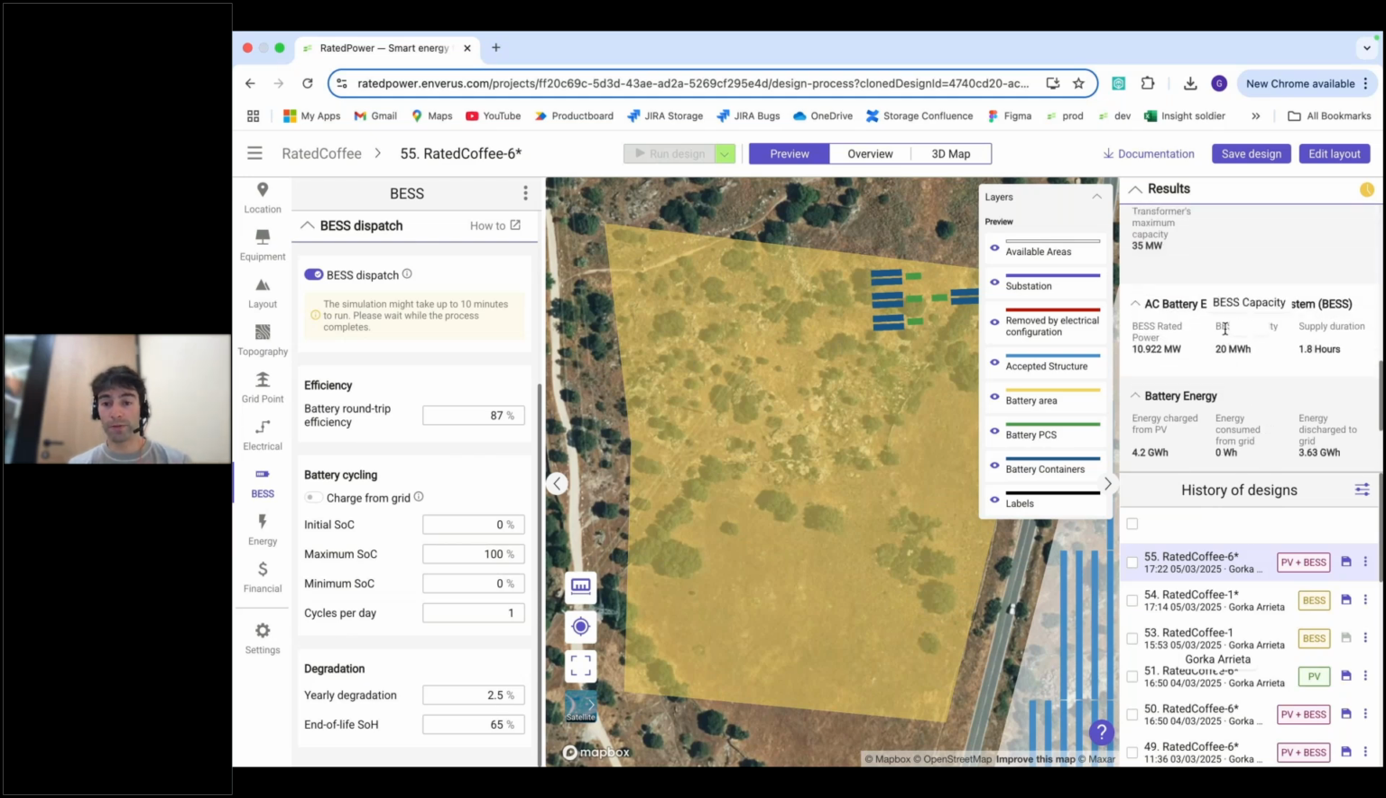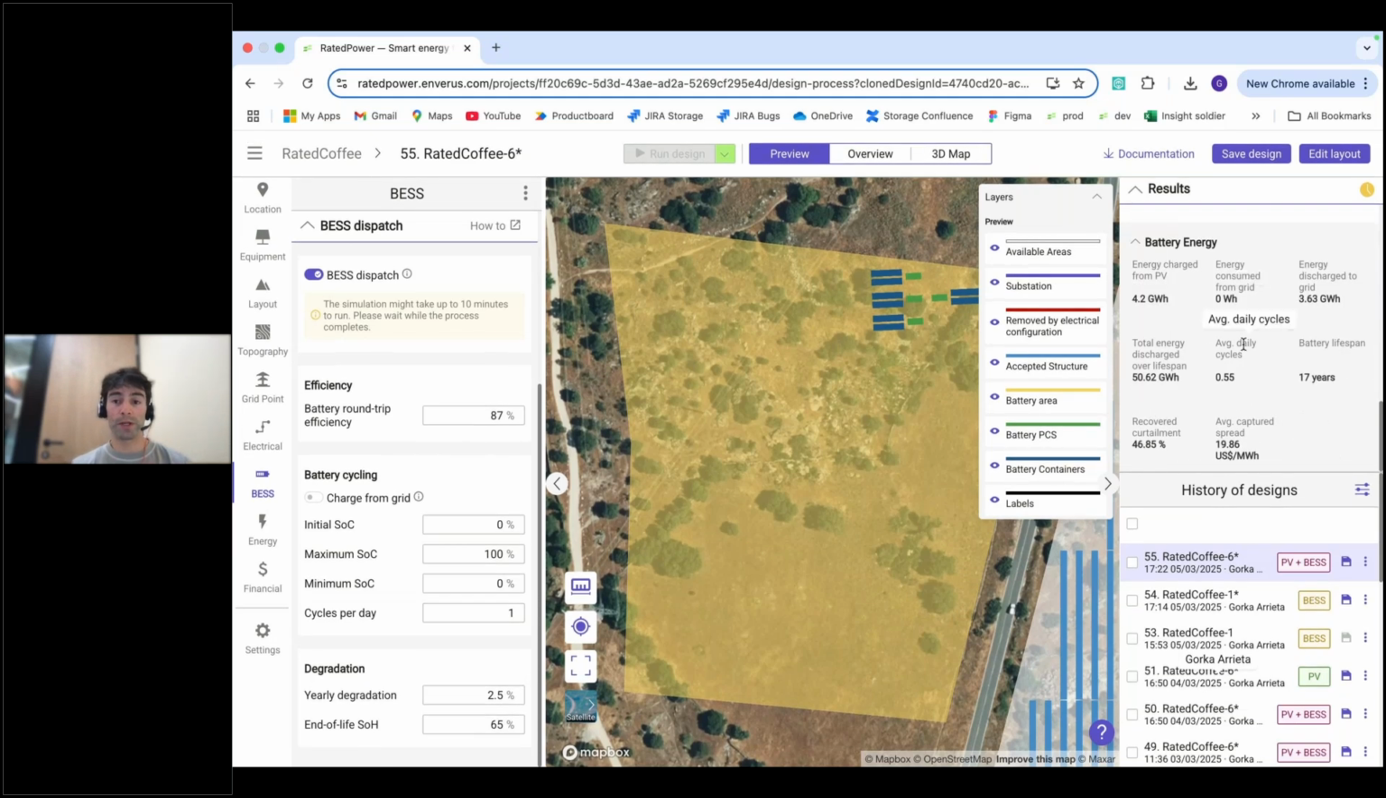Okay, so here we have them. You see the battery energy section, how much energy we've charged from PV, how much energy we've consumed from the grid, it's 0. So that's okay. How much energy we've discharged, again, the average cycles per day, lifespan, and we have here a new KPI, which is the amount of energy recovered from the curtailment. It is a bit low, I would say. This probably means that we need to set a higher or bigger storage inverter so we can take advantage of it and actually be able to recover all that energy